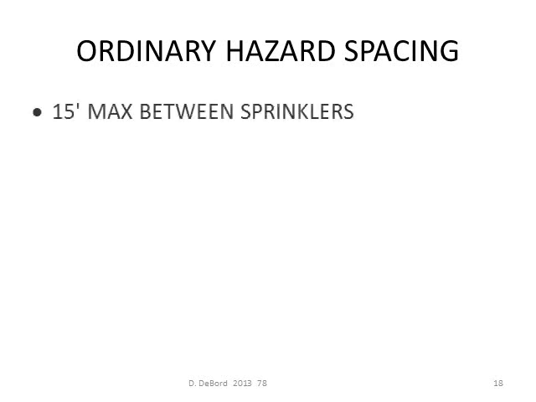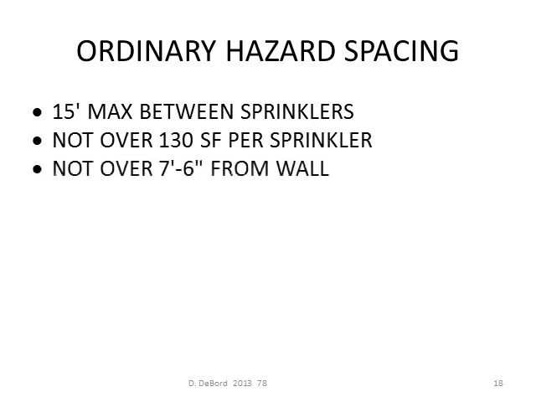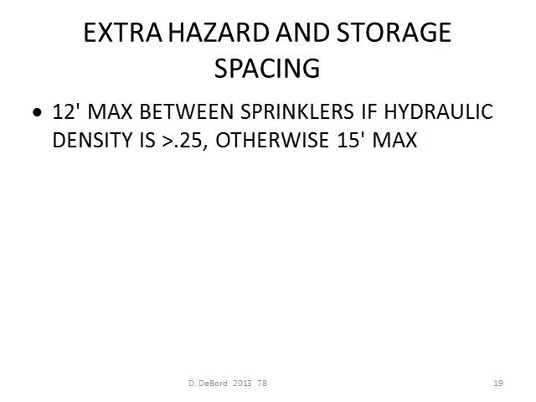Maximum hazard spacing. For ordinary hazard, you could still be 15 foot maximum between sprinklers and 7 foot 6 from a wall, but not over 130 square foot per sprinkler. So if it's 15 feet in one direction, that means 7 foot 6 in that direction, not the other direction, not both directions, because that would take you up to 15 foot by 15 foot,